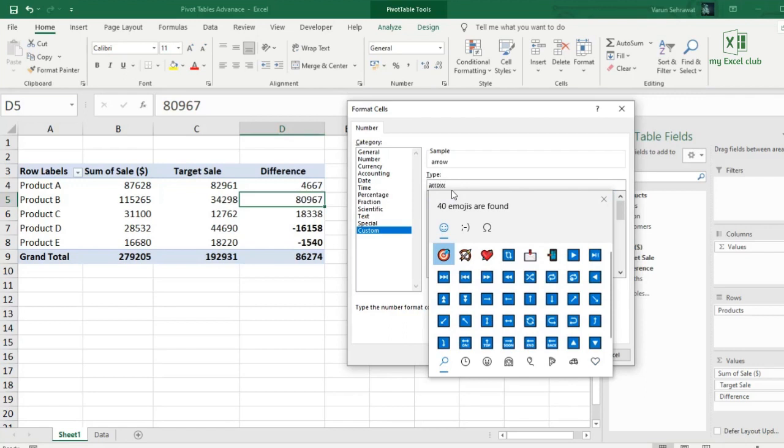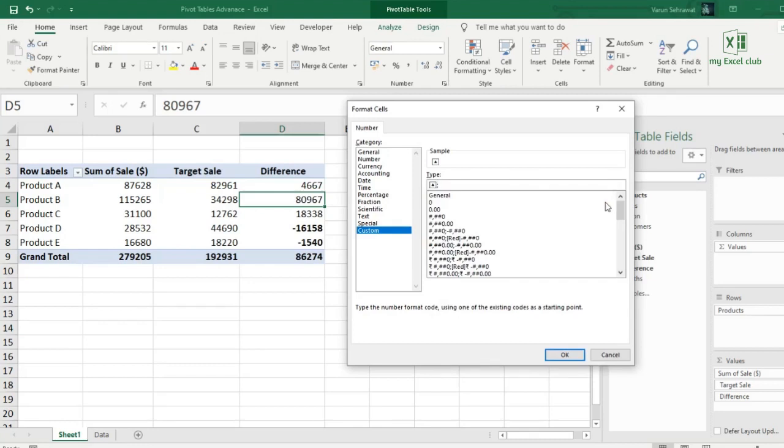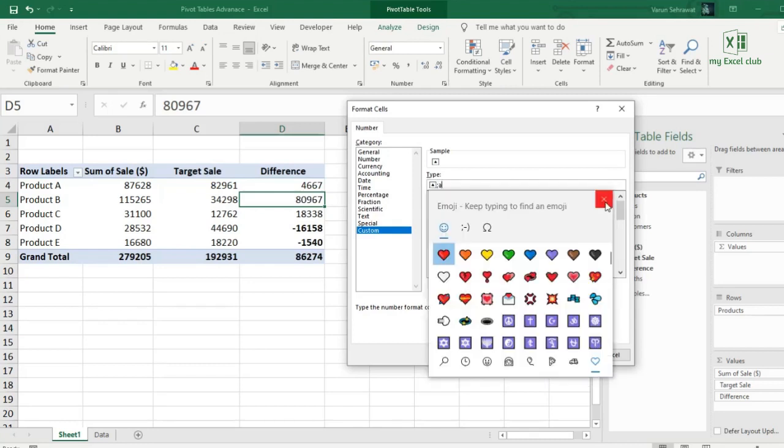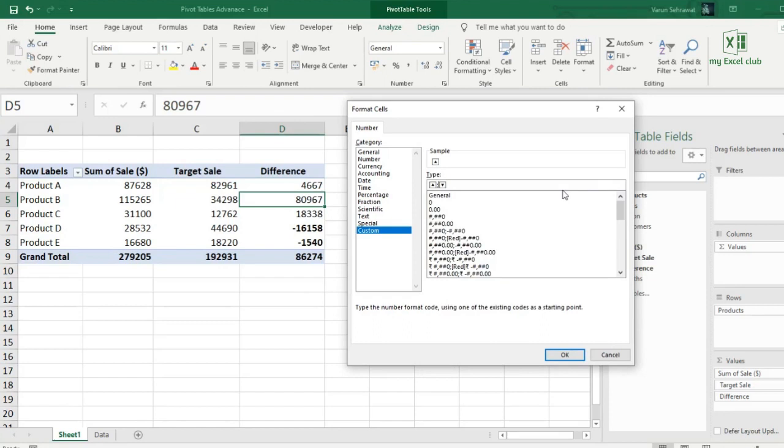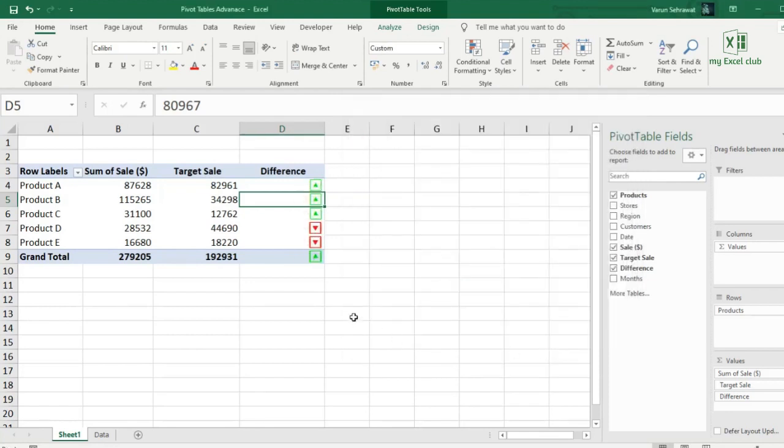So search for arrow, choose this one, and then semicolon, and if the number is negative we will show down arrow. So search for arrow again, choose this one. Now we can also add color coding. So for down arrow, write red in square brackets, and for this write green in square brackets and click OK. This is how it will look.